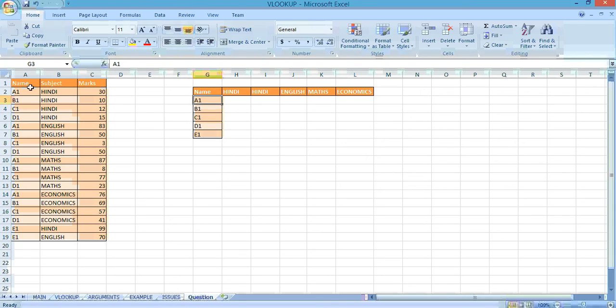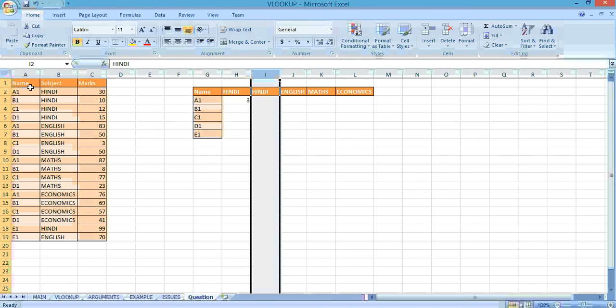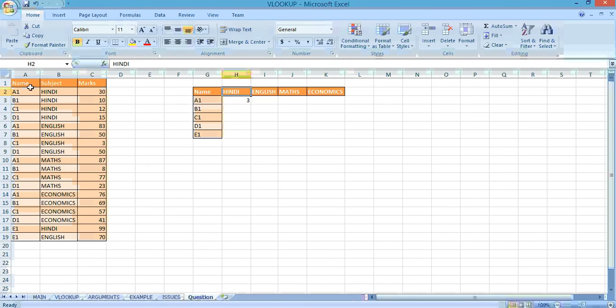So for A1, the Hindi marks 30. Oh, Hindi I have written twice, so I'll remove it once. So Hindi 30, English 83, Maths 87, Economics 76. So I want the output this way.